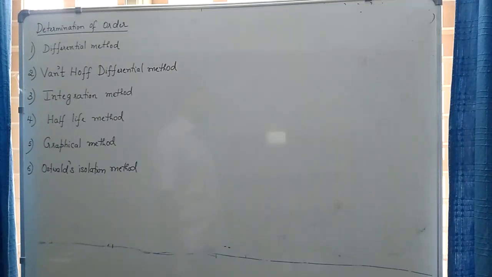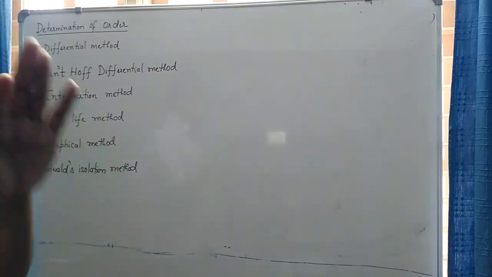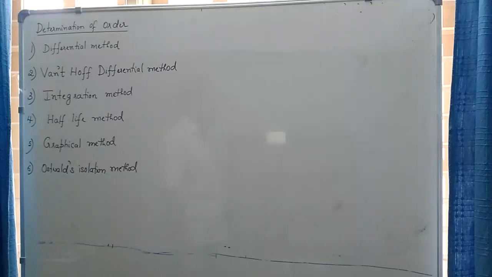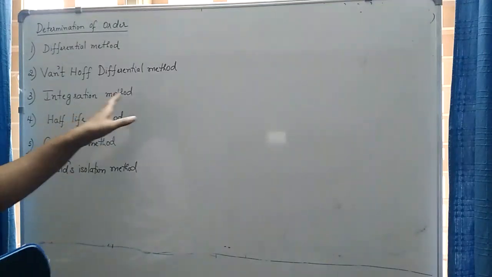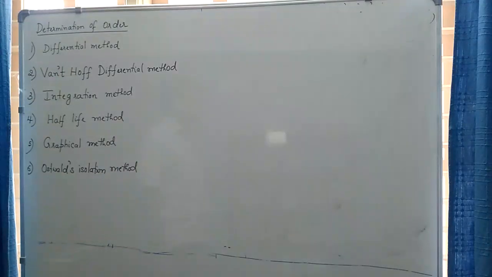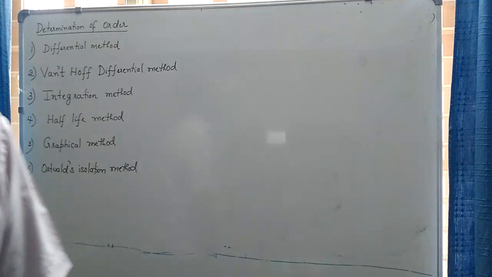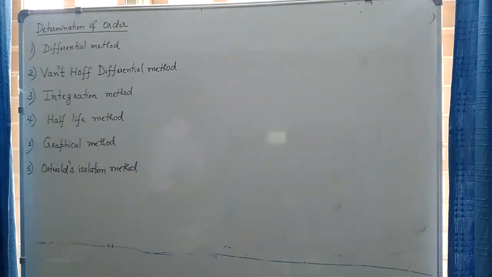If the reaction, okay, by some means I know that it is following an integral order kinetics, then in such case it would be rather easy to apply the integration method. Or I have already determined the order of the reaction approximately by some other method. My main aim is to find out the accurate value of rate constant. Again I can use the integration method.